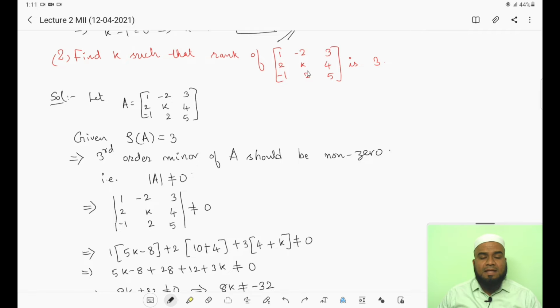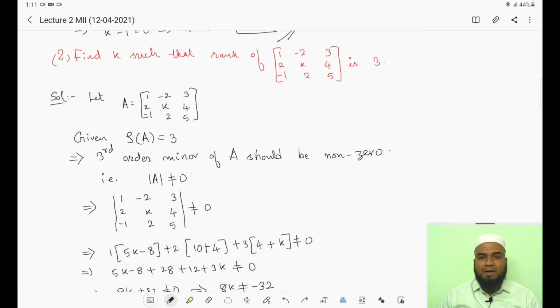So when can we say that a 3 by 3 matrix will be of rank 3? The conditions are: the third order minor should be not equal to 0, and all the minors of order higher than 3 should be 0. These are the two conditions. In the same way, the rank of A will be 2 if at least one second order minor is not equal to 0 and all the minors of order higher than 2 are 0, right? By using this definition, we have solved two problems in today's class.